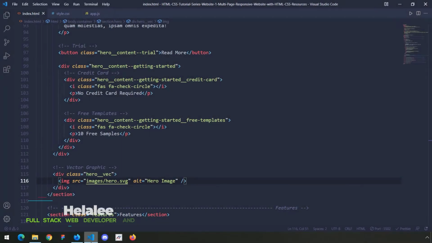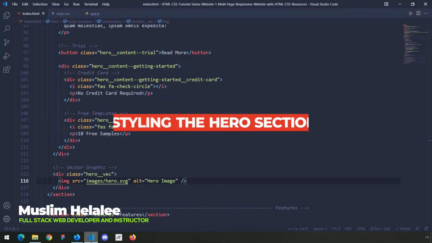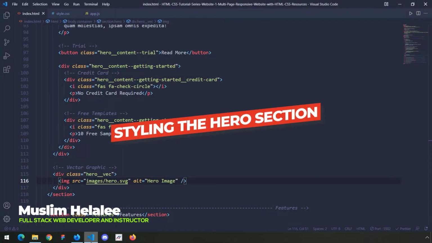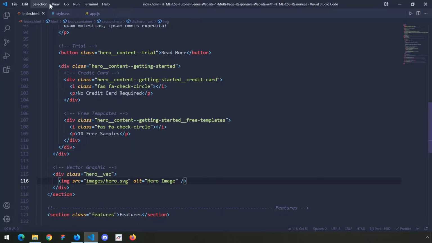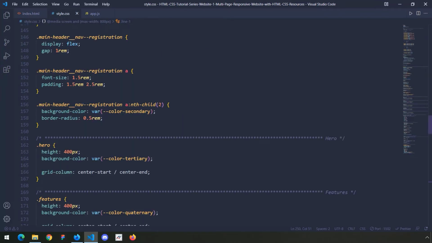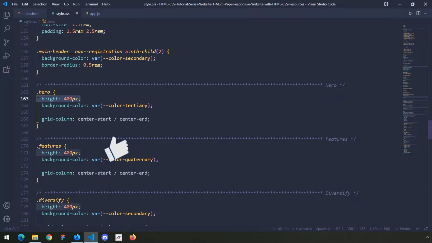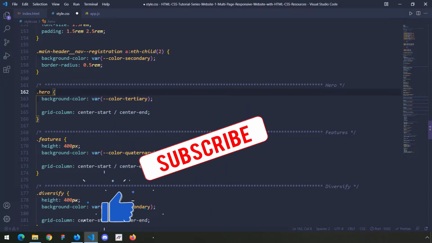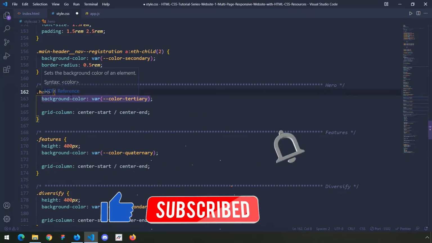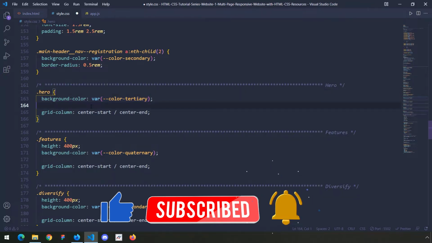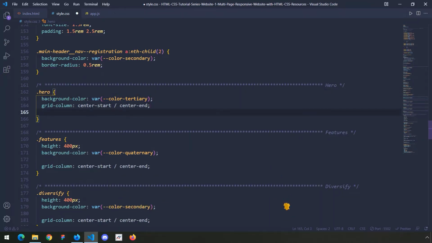Hi everyone, in this lecture we are going to style the hero section and we are going to try to finish it in one video. So we are done with the HTML part. Let's jump into CSS. The first thing that I'm going to do is get rid of the fixed height, but I'm going to keep the background color and I'm going to provide it with some